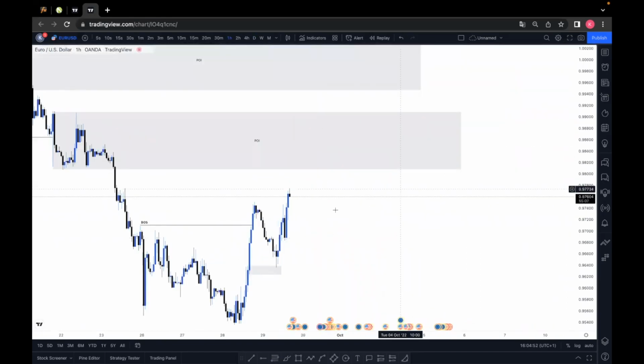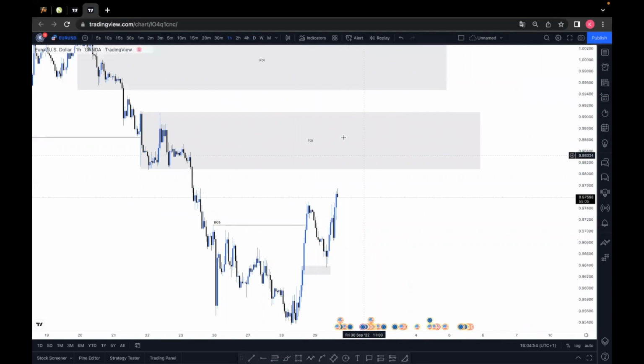So right here, we can clearly see price getting close to our first POI. Now, when it comes to this POI, we can clearly see that the range of this POI is huge. I mean, it's about 100 pips. So right here, I wouldn't recommend you look for entries when the range of the POI is above 30